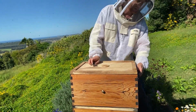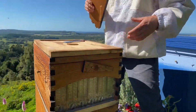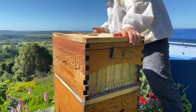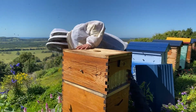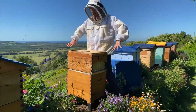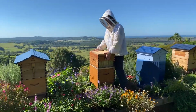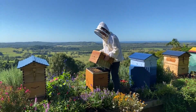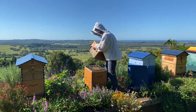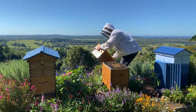Now with the flow hive, the rear door here is the handle for the sideways direction. It's a nice generous handle, much easier than a normal beehive handle. Sometimes it's quite heavy, so what you want to do is just rock it back towards you like this, keeping the weight in the sideways direction. If you're going this way, it's harder. You're better off beside the hive like this, and then you can simply just rock it back. Now this is pretty light, showing the bees aren't doing too well. The numbers are dropping. I'm just going to put this on its end in front of the hive here,